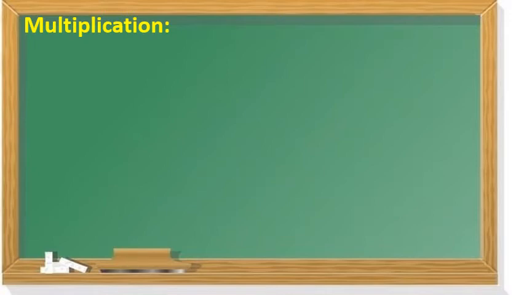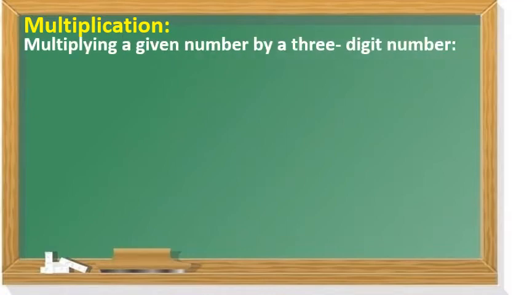Yes, today first we will deal with multiplication. Yes students, you know how to multiply the numbers given by two-digit numbers. Today we will learn multiplying a given number by a three-digit number. Okay, I will write a number. This is 675. It is a given number, multiplied by 342. This is a three-digit number. By this number we are going to multiply 675. Okay, we will put a line.